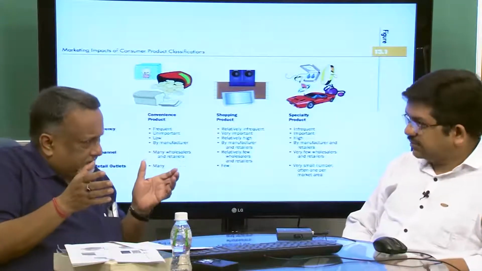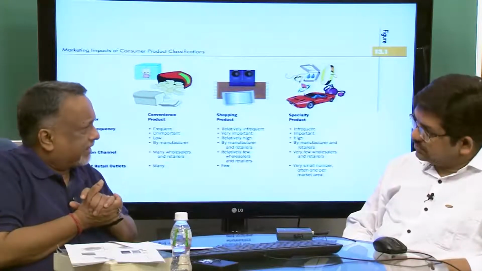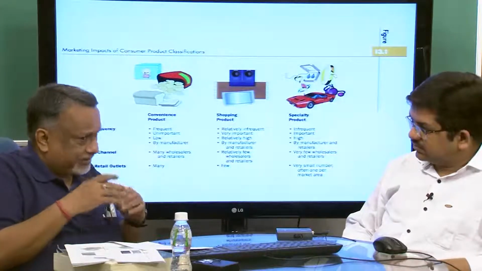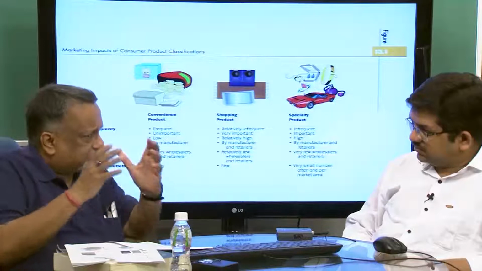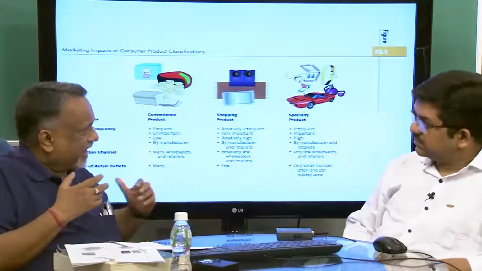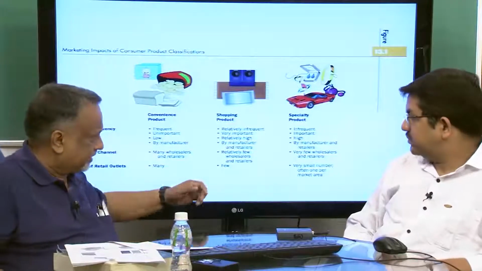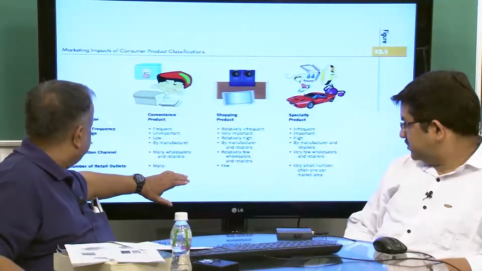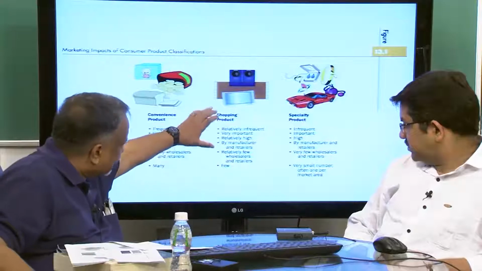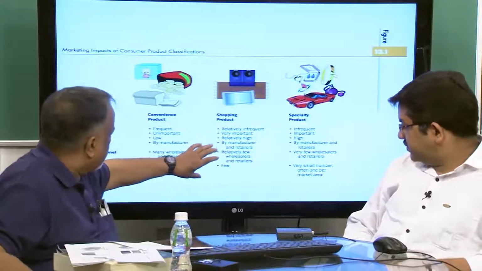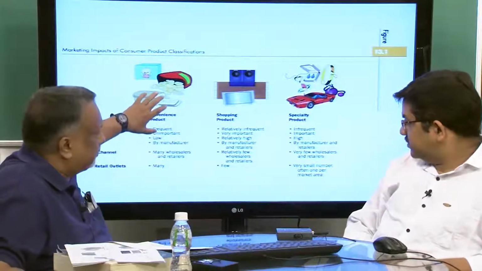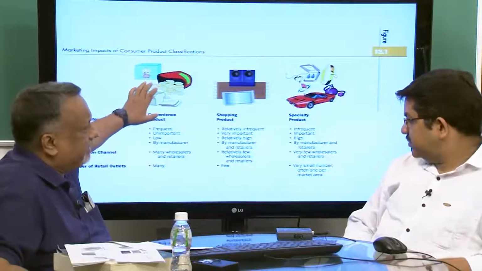Because a dominant player like LG or Samsung may want their products to be compared with other products, they will go to such retailers who have multiple brands, multiple manufacturers. Here the number of retail outlets obviously will be relatively few,